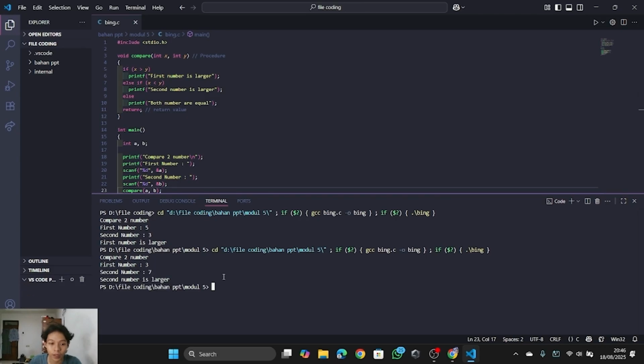This will display second number is larger. Then if we enter two numbers that are the same, for example 5 and 5, then the output will be that both numbers are equal.